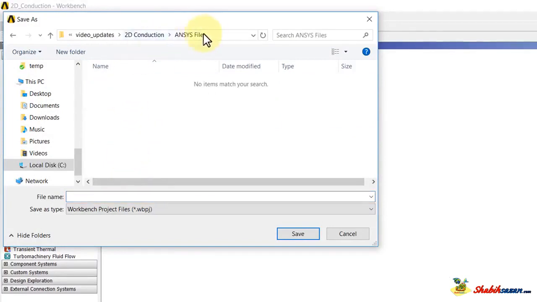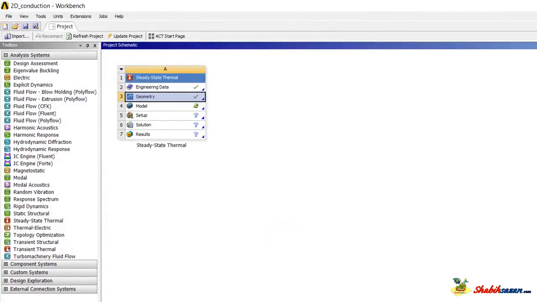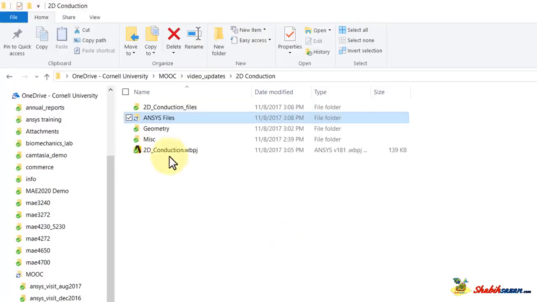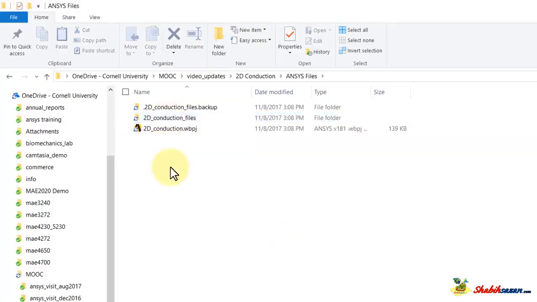And I created a folder called ansys files, and I'll give it an appropriate name, so I'll say 2D_conduction. I was kicking and screaming from Linux to Windows, so I tend to put in underscores because you couldn't use spaces for file names in Linux. Okay, when I do that, and now if I go to that folder, I see there is this WBPJ